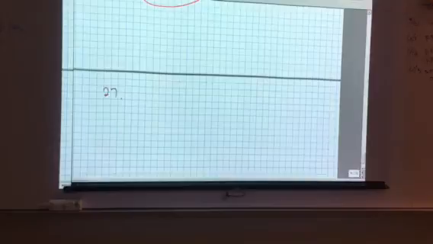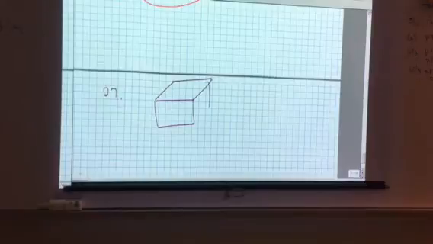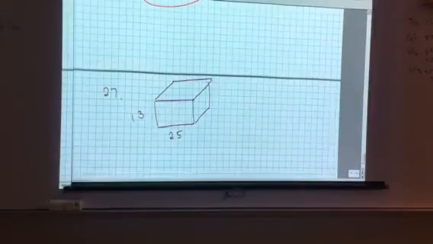The surface area. So what we have to do is add up all the sides. There's this front rectangle, 13 by 29. And then this is 15. So,